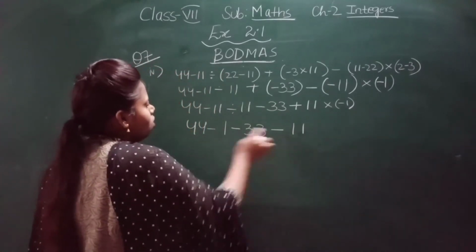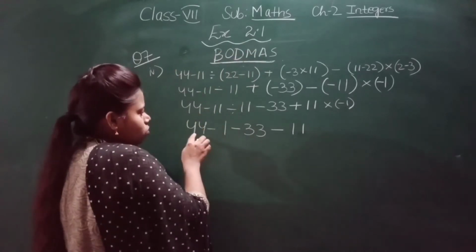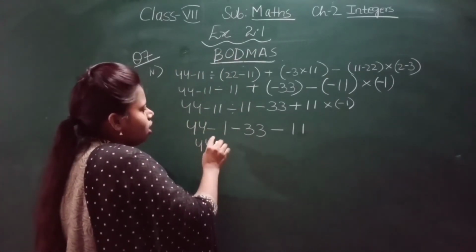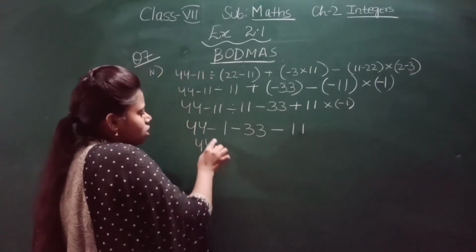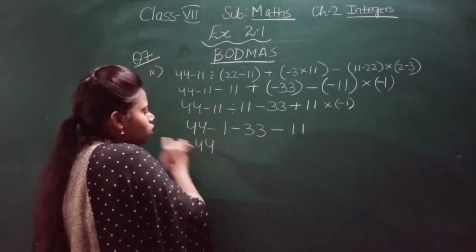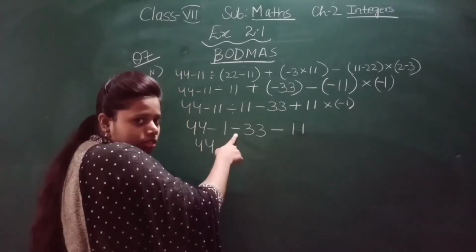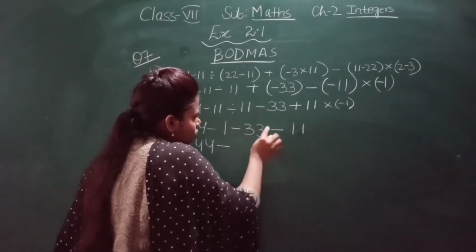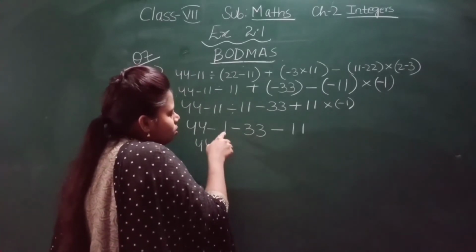Now let us solve this. So after multiplication, what is there is addition. You can see in addition only 44 is there. So let it be here. Now what we need to do is solve this first. Because in this group of addition only 44 is the positive number. So now let us do this plus. We will write a minus sign here because this 33 has the greater absolute value. So minus 33 plus 1.